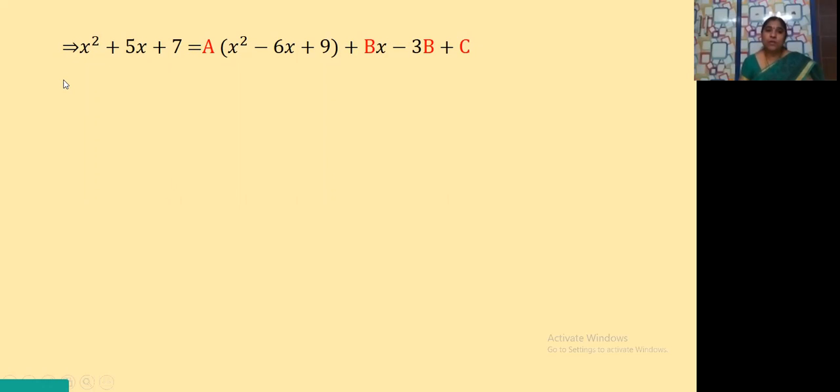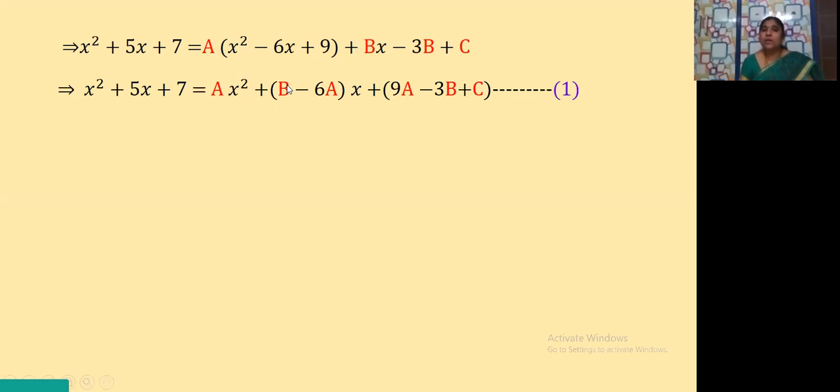So first of all, we are writing them together. x square plus 5x plus 7 is equal to ax square, because there is only one x square term here, a into x square is ax square, plus. Now x terms, where are the x terms? Let us see. A into minus 6x is there, that is minus 6ax. Yes or not? Here bx is there. Here we have one term and here we have another term. So two terms are there with x. From those two terms, if I take x common, what do we get? Here the positive term I'm writing first, that is b. Here it is minus 6a. So (b minus 6a) into x, plus.